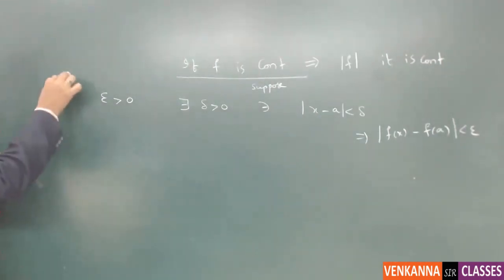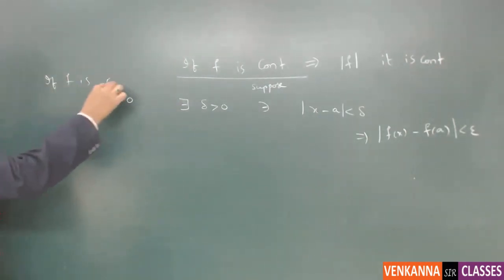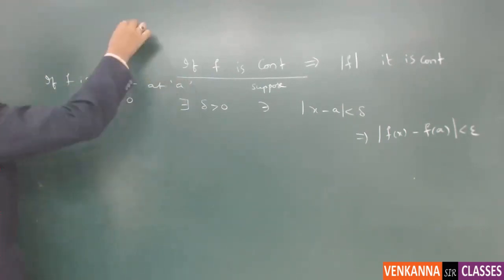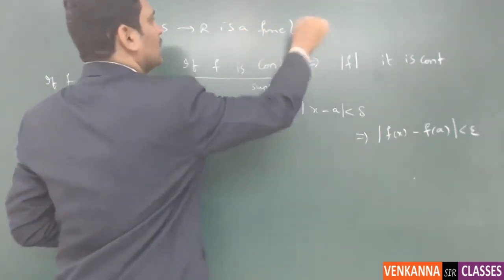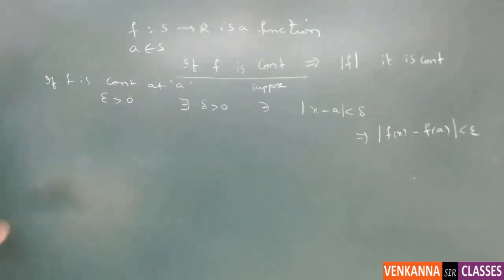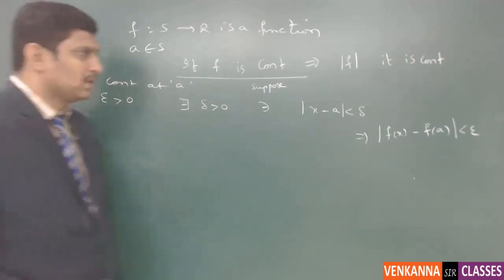So what I am saying is, if f is continuous at a, where f from S to R is a function and a belongs to S, continuity is defined point by point. The problem with real analysis is that we should always go theoretical. You cannot go graphically, because there are some functions which are piecewise continuous. The simple example is